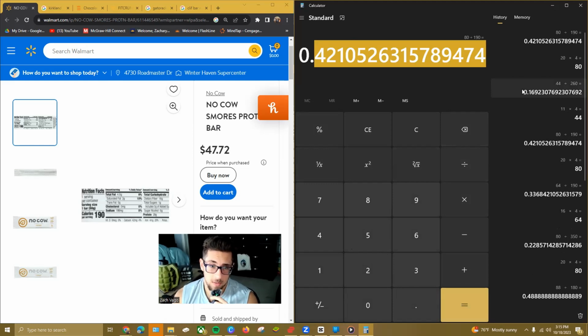That's an ideal percentage. If I was talking about for myself, I would say anything above 40% is a very good pure protein source that I would recommend on a weight loss journey. If you were trying to just do this for health purposes and you didn't really care about losing body fat or any weight in general and just trying to be healthy, any protein bar that's over probably 20% is okay. But I'm going to show you some examples of protein bars that have low to